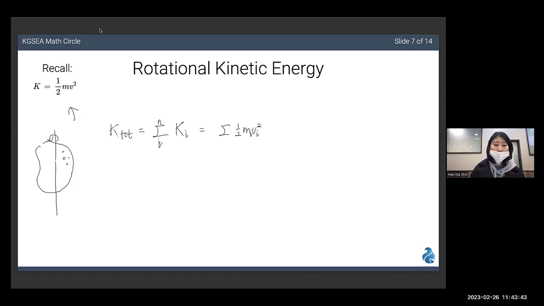Now from here, we know that v equals r times omega. We saw that in the previous slide. So let's write that out as well: m_i times r squared times, oh sorry, that is omega